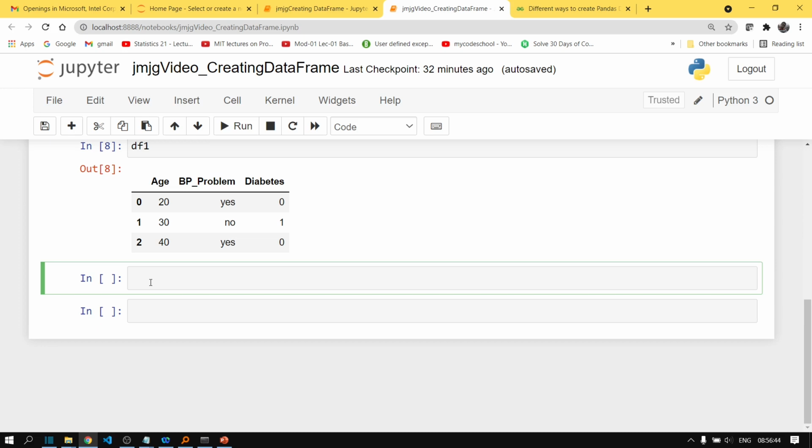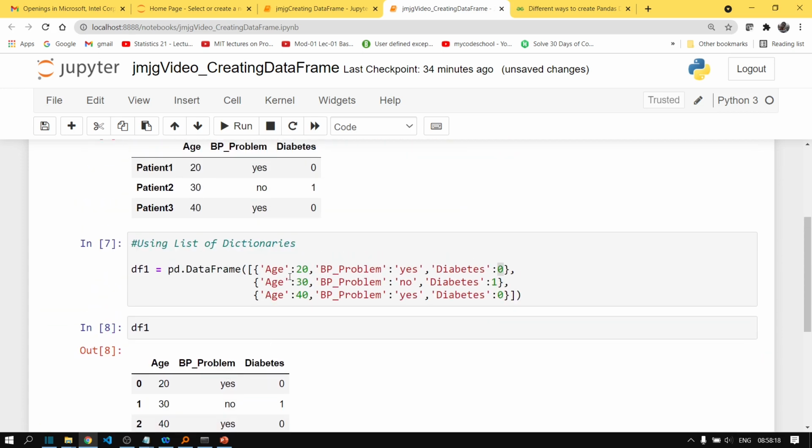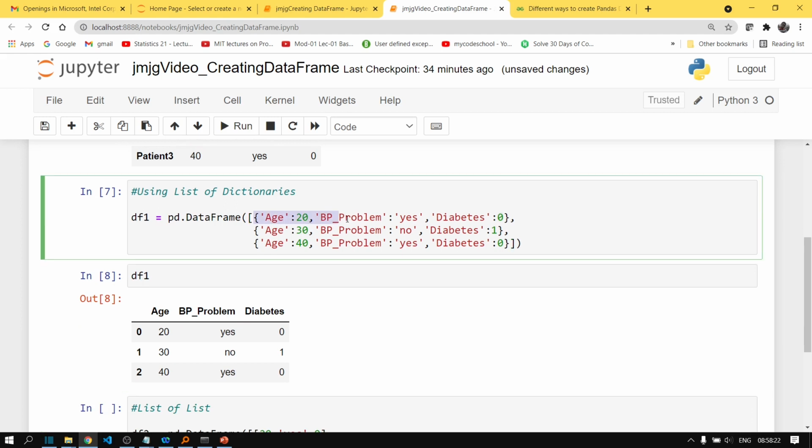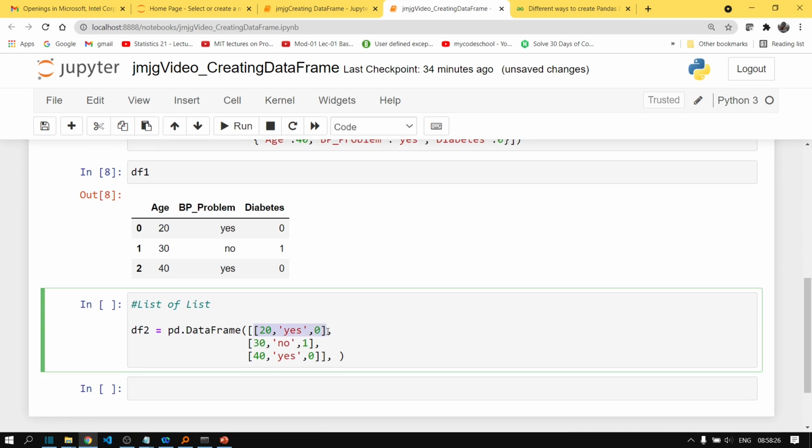The next method is passing a list of lists as the data parameter. So 40, yes, 0. Fine. So this approach is quite similar to the previous approach. In the previous approach, each inner dictionary represented a row. Here each inner list represents a row. Fine.